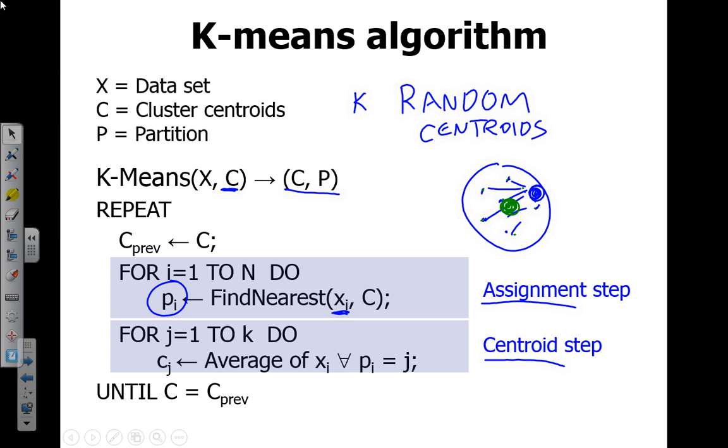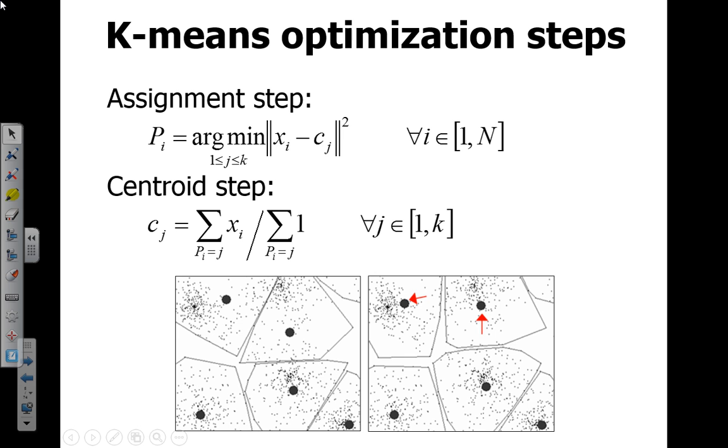Both of the steps either keep the solution the same or make some improvement. So in practice what will happen is that the centroids keep on moving and the borders will be fine-tuned. For example, here we have this solution before the iteration, and after applying one round of K-means iteration, you can see that this centroid here has been moved a little bit closer to these points. So when new points join the cluster, they will attract the centroid and make such movement. Also in this case the centroid is here, but because more points are joining this cluster, they will attract the centroid, and it will move a little bit in the up direction.